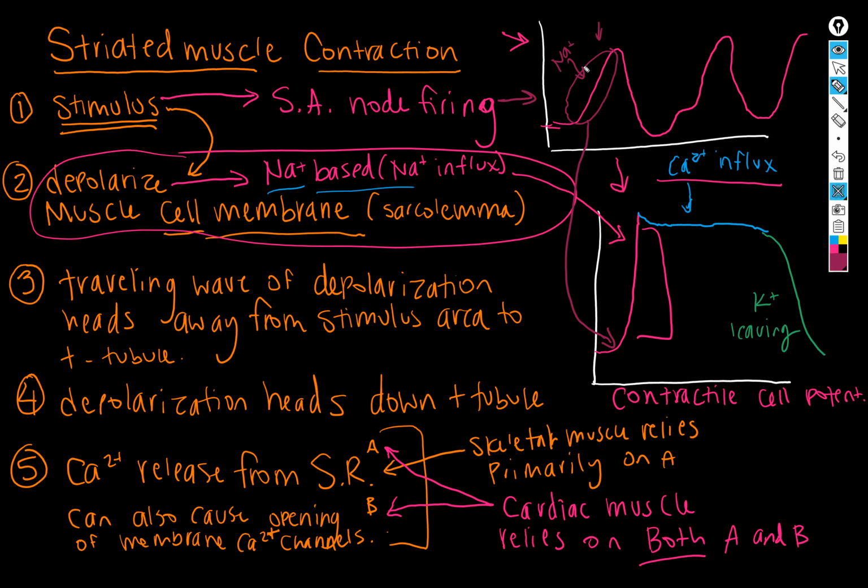So when the pacemaker potential's line is increasing, that means sodium ions are entering the pacemaker cell. The reason I've drawn this connecting bubble between that leg of the pacemaker potential and this spot where we're getting the contractile cell up to threshold is because,